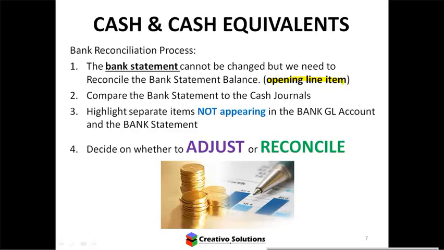What the bank gives you is your statement. If you agree with the statement, great. If you don't agree with the statement, then you need to reconcile. You need to do the check. So this is where the checking comes into account, in terms of the workings. Number 2 is to compare the bank statement to the journals. We highlight separate items not appearing on the bank statement, and then we decide to either adjust or reconcile. Do we do both? No, it's one or the other. Right, and that's the note